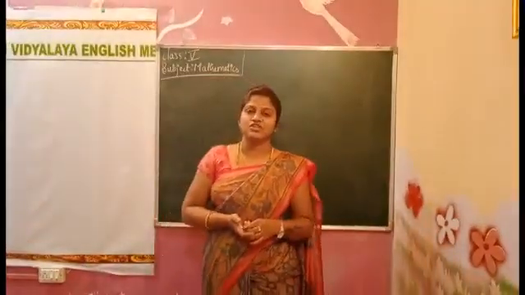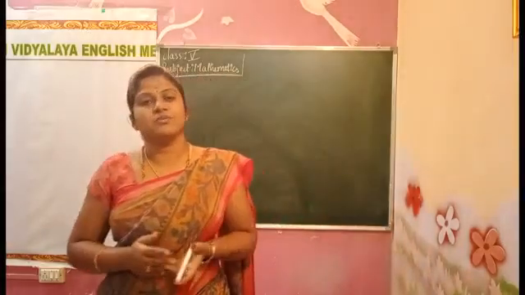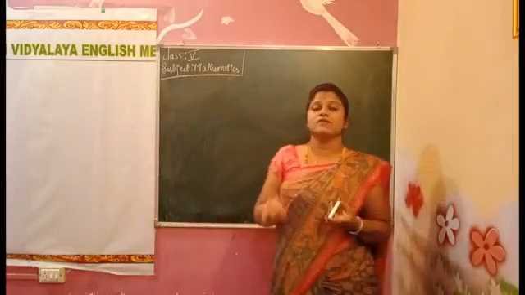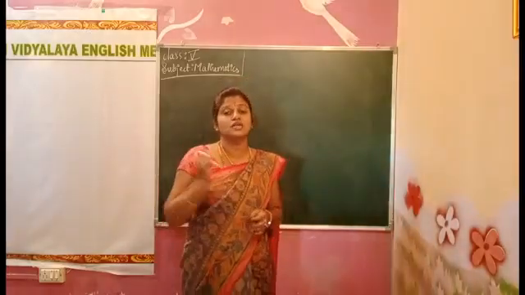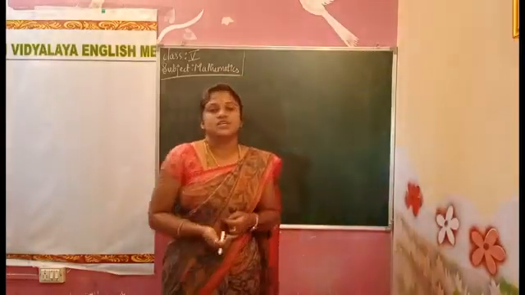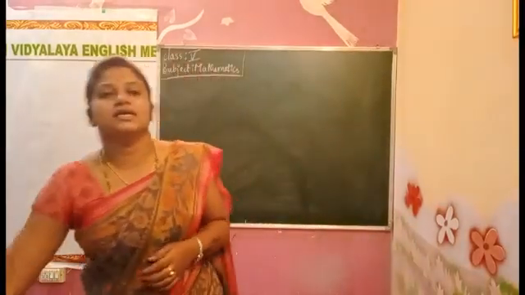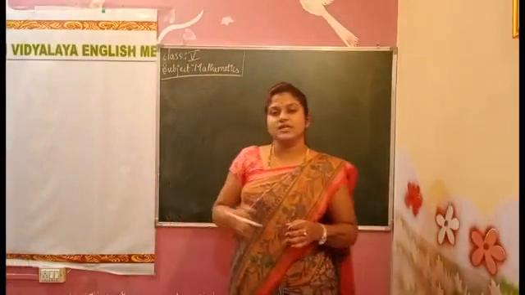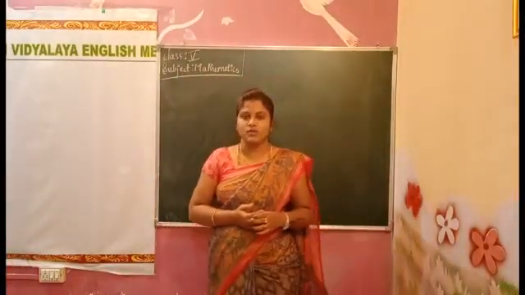That is prime factorization and the factors and multiples. In that we started with the prime factorization. In prime factorization we have two types of method, that is the tree method and the division method. I told you how to solve the tree method and how to solve the division method. We started Exercise 4.3 and solved so many sums. The remaining sums we'll do today and then move on to the next one.